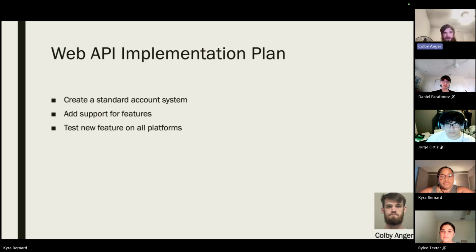So for the web API implementation plan, it's going to be fairly similar as far as the stage development process. On the slide, you can see we have create a standard account system, which is just the generic. This is how we get started. Once we have that support and all applications can hook into it, we can then move forward and develop the actual features that will be used during the dynamic decision making. The API's main focus, obviously, besides being the deciding factor on whether or not you can or cannot view a file or any sort of data, will be also removing and reallowing the ability to view this data at a reasonable or quicker reaction time.